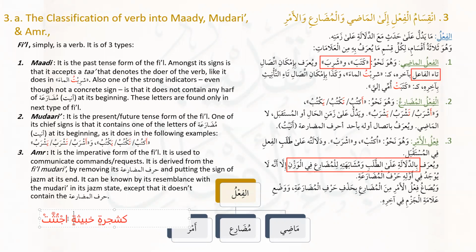Now notice how when we joined it, the haraka that the خبيثة اجتثت, this tanween had was a kasra, right? We added an extra kasra to the tanween. Tanween always has a sukun. Tanween actually means a noon sound with a second noon sound. But here we are forced to give it a haraka, so we give it a kasra. It doesn't mean that if we give the tanween khabithatin a kasra, that we would also give a kasra to the alif. So if we are starting from ujtuthat, we wouldn't say ijtuthat la. Rather, if you stop at khabithatin, you will say ujtuthat min fawq al-ardi ما لها من قرار. طيب, ممتاز جدا.